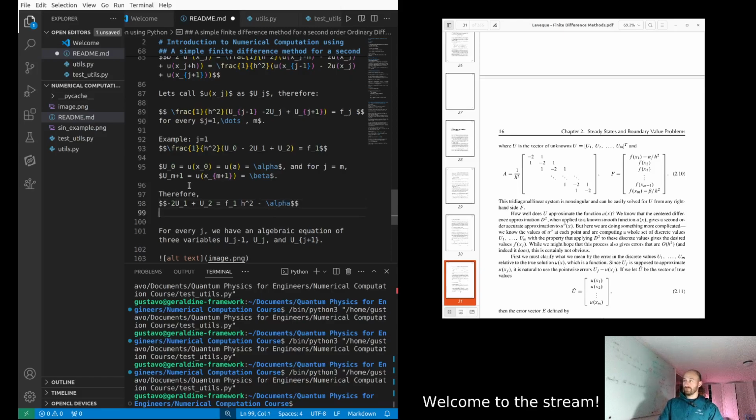And the other equation that we also want to highlight is towards the end, where we evaluate at j equals m. So we have u sub m minus 1 minus 2u sub m